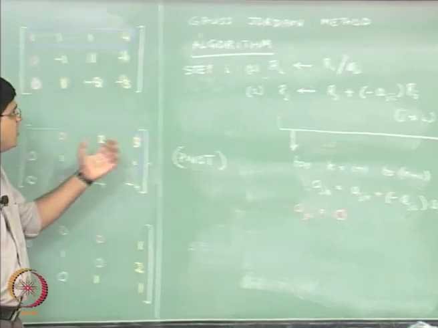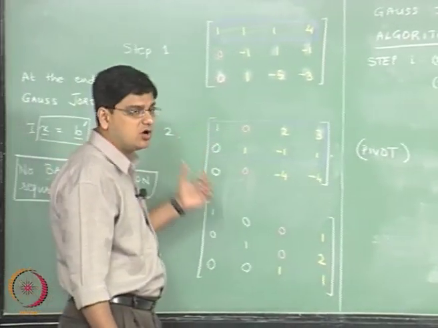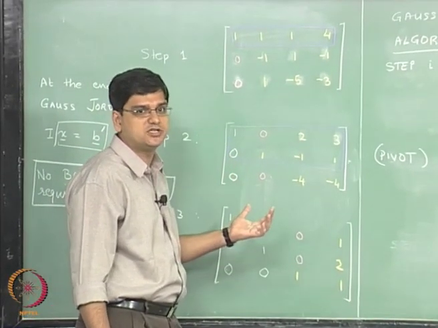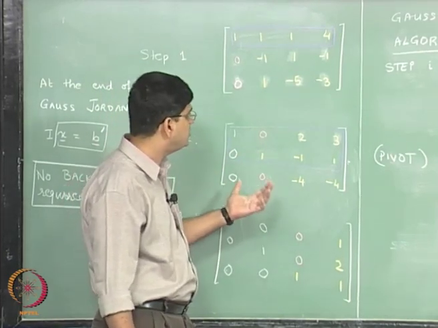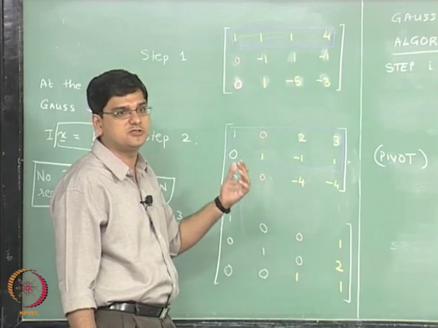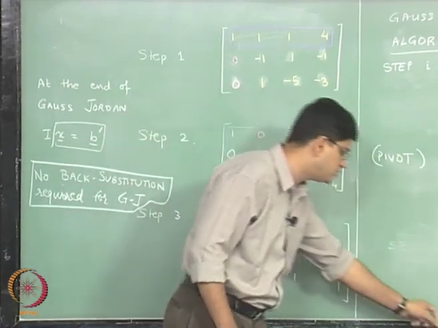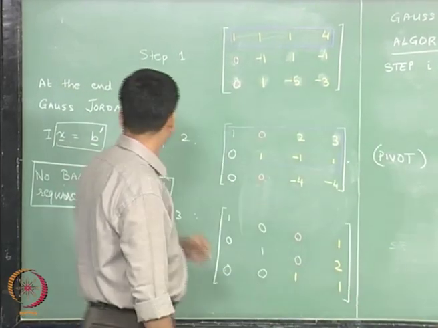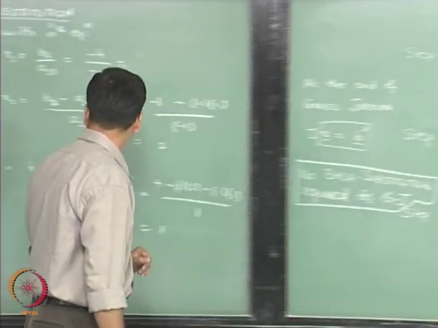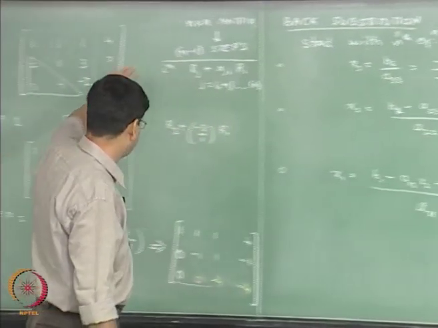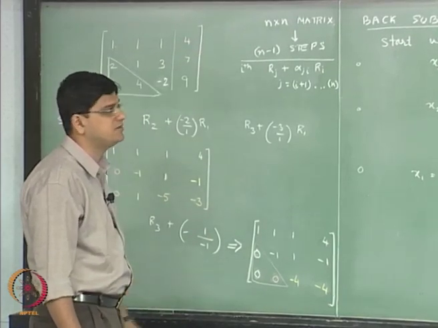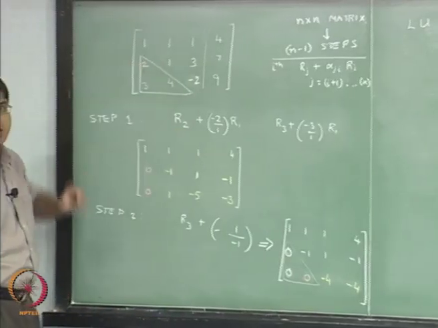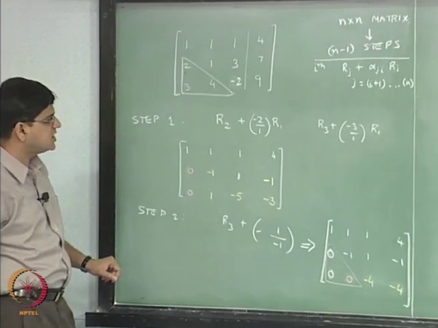Okay, so what we have done so far is looked at Gauss-Jordan and Gauss elimination methods. I will now next talk about another method which is known as the LU decomposition method, and in order to talk about the LU decomposition method I will use the results that we had when we did the Gauss elimination method. So this was our Gauss elimination result.